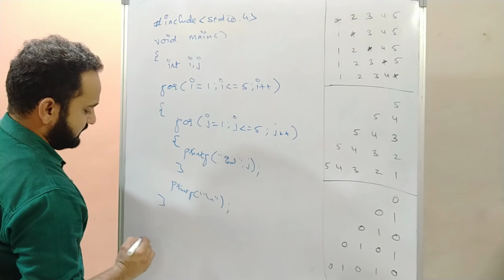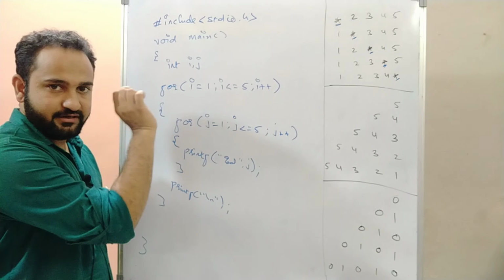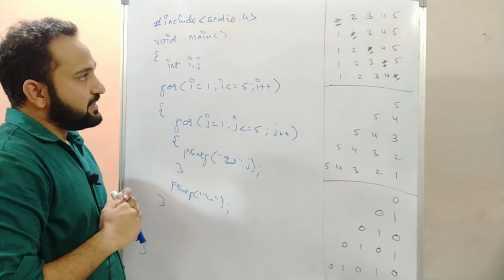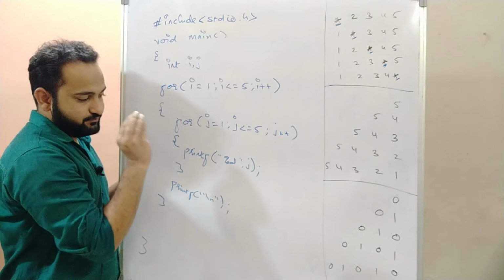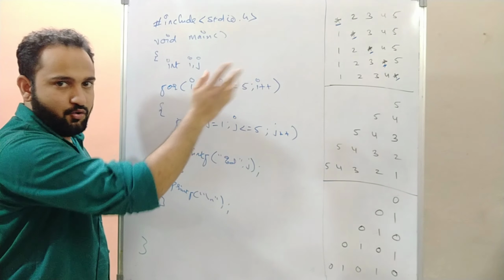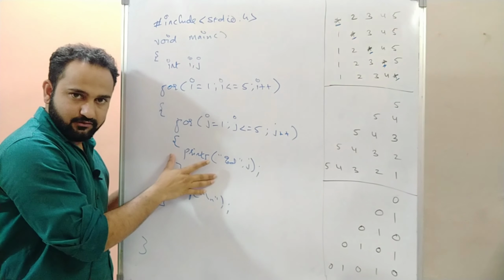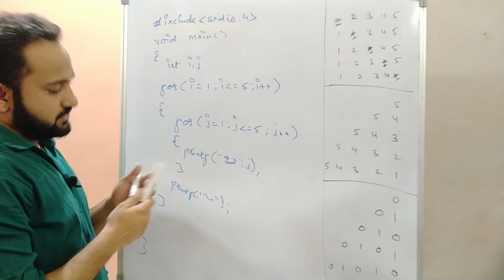This will print 1 2 3 4 5 for 5 rows, right? Here also, here also, 1 2 3 4 5 will get printed. Only the thing is, we have to think about printing the star. First of all, the star is at the diagonal place. That's what we understood. And second, these for loops we got, right? Only the changes will be in my printf statement. Of course, the j value we have to print. Only the thing is, at diagonal places a star will get printed. So even this is correct. There is only a small change that we have to make into this. So that change, just think about it.